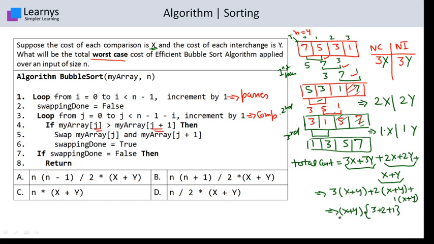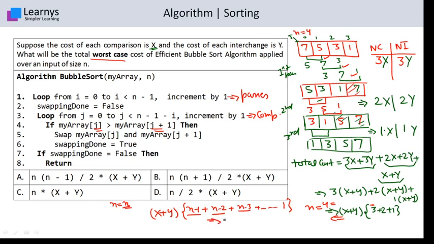Now see here, I am writing this for n equal to 4. If I want to check for n elements, we can generalize like this, because x plus y, whatever comes outside the bracket, is independent of n. So we can write x plus y, and if here it is 4, then here it is 3, which means n minus 1. In a similar way, if here it is n, then here I can write n minus 1 plus n minus 2 plus n minus 3, and in a similar way at the last we can write 1.